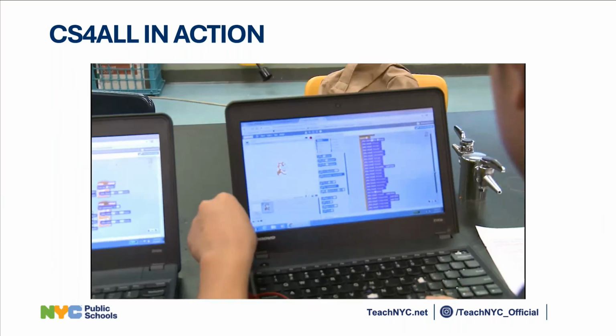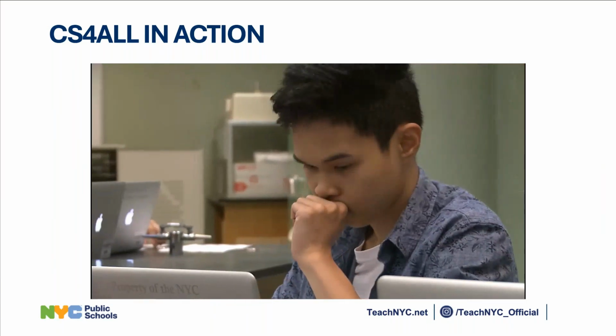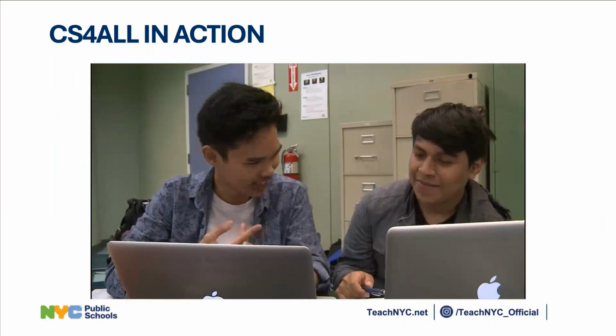So my create task, it was a 2D platformer. The player has two options, to jump or to duck. So the player can press the up arrow to jump over a rock, or press the down arrow to duck over a glacier.